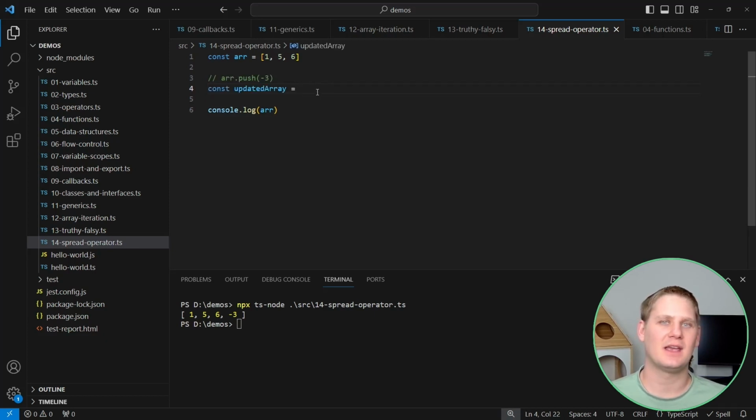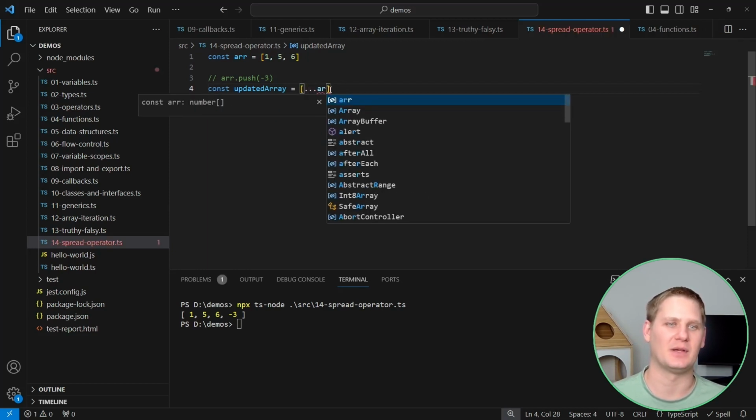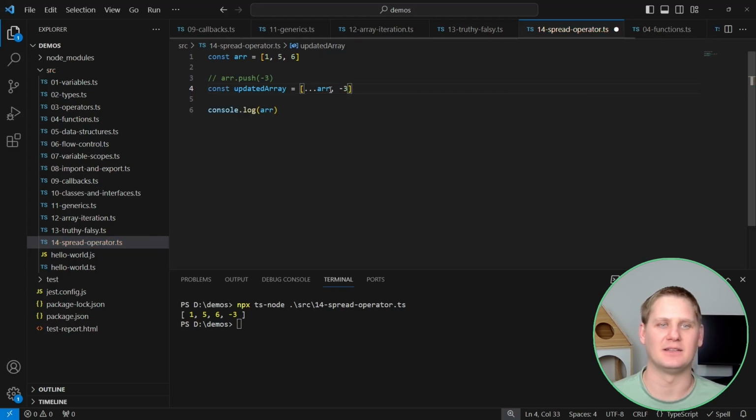So to do this in an immutable way, where we add an element to the end of the array without updating the original array, we'll use the spread operator, and the syntax for that is going to be 3 dots, and the array that we want to copy over. Afterwards, we can add additional elements, such as -3, or you could really add as many additional elements here as you want. Or perhaps you just want to copy the array and not change anything. You could just do ...arr, with no other elements, and that would just copy all of the contents from the original array into the